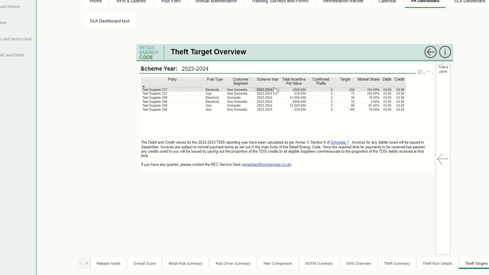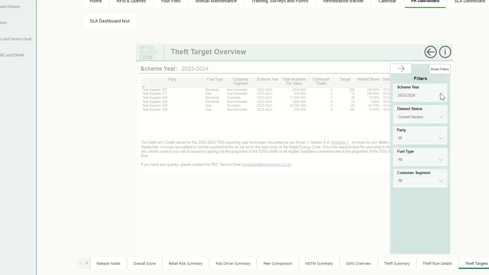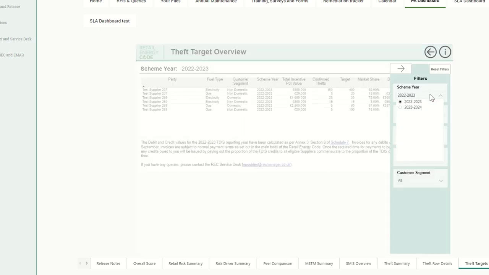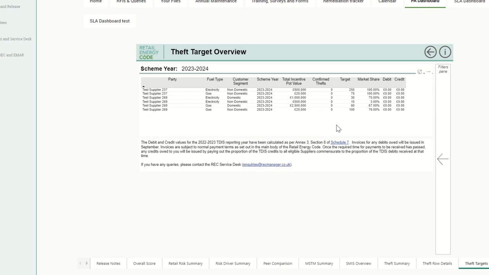So this view is currently showing the 2023-24 targets and payments. As the year has not closed out yet, the payments have not been calculated, so they're all zero, and the final confirmed theft figures for the year have also not been closed, so they're all showing zero. If we look back to the prior scheme year, 22-23, you'll be able to see these populated here. So do not be alarmed if they're all blank. We will also issue further communications whenever this tab is to be updated,